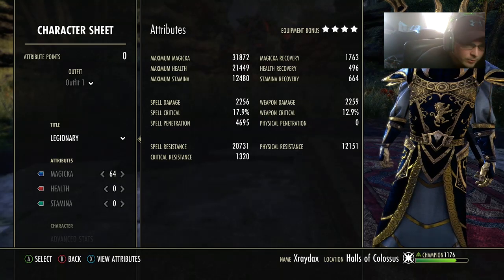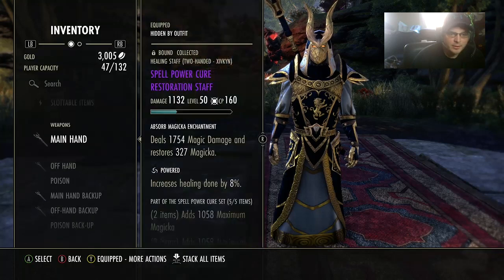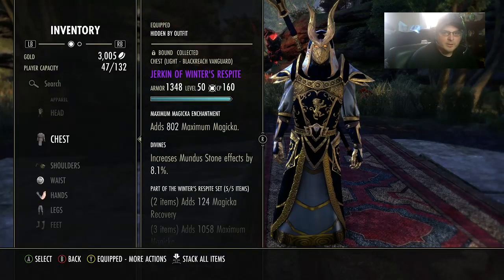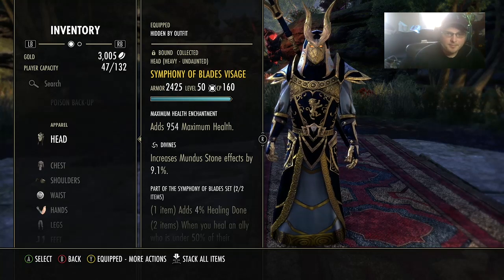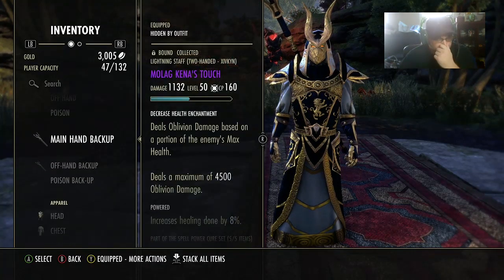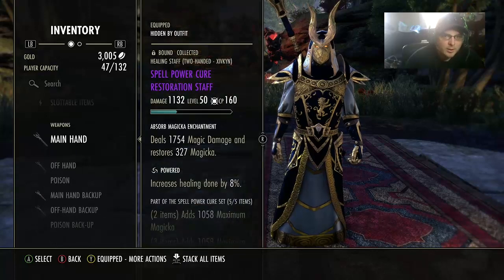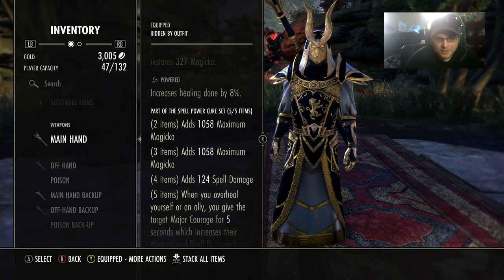Alright, so right now the best gear to be running for a healer would be Spell Power Cure, Winter's Respite, and Symphony of Blades. The reason you want to be running Spell Power Cure, it gives you a bunch of magicka,